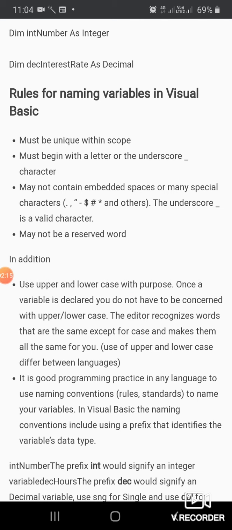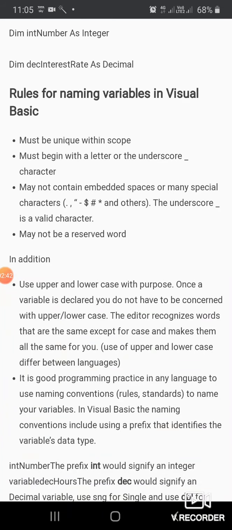Second, it must begin with a letter or the underscore character, a letter from A to Z or underscore. It may not contain embedded spaces or many special characters. So a variable name does not contain embedded spaces or any special characters. The underscore is a valid character.